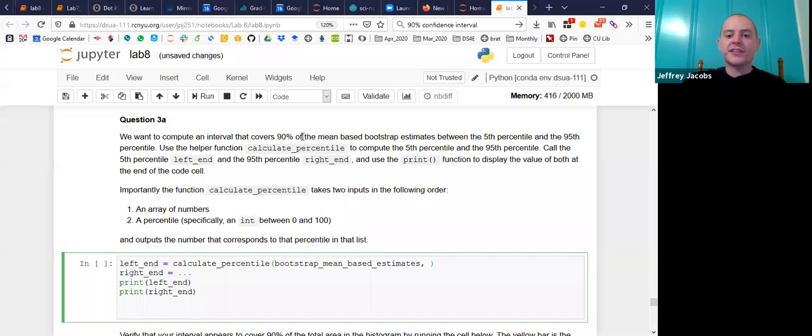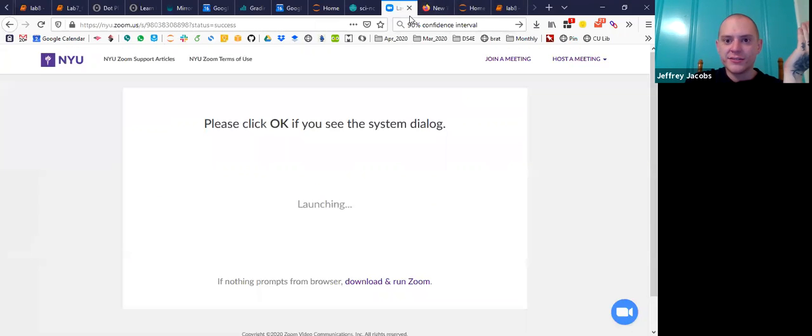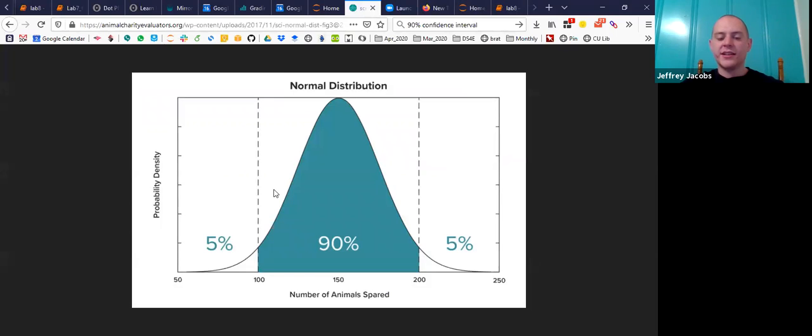In a 90% confidence interval, the left end is the 5th percentile and the right end is the 95th percentile. Actually, where is it? Yeah, I found this image that helps us see that. If we cut off the lowest 5% of the data down here, and we cut off the highest 5% of the data, what will be left over is a 90% confidence interval,